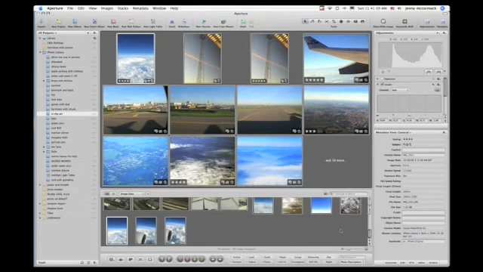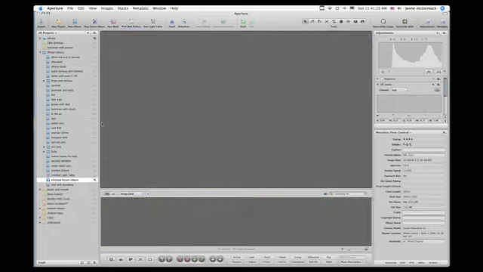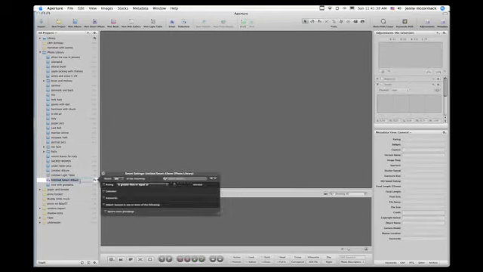You can make a smart album by bringing your cursor up to the toolbar and clicking on the New Smart Album button, or you can bring up a contextual menu and go to New Smart Album. And an untitled smart album appears in the Projects panel. I'm just going to click on this to name it. And you'll notice that a heads-up display appears. I'm just going to name this Favorite Air. To specify the search criteria in this